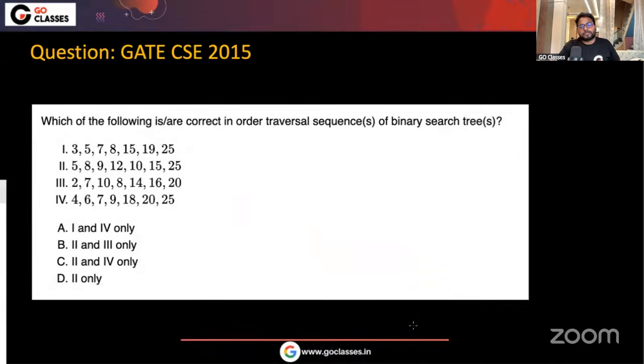Now let's solve more questions. So this question has been asked in GATE 2015. Okay, let's just see this question. Which of the following is or are correct in order traversal sequence of binary search tree? Okay, so for the in order it should be sorted. So that's why it is an easy question,